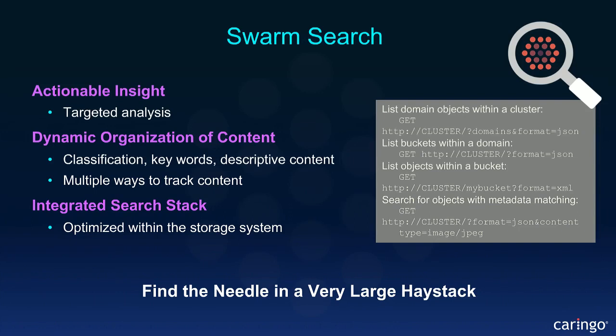If your cluster has a certain subset of domains, then that will be the indexed subset as well. So the integration takes place directly. As soon as the objects come in, the content is indexed, and then when searches or requests, say for domains within a cluster, or buckets within a domain, or objects within a bucket come in, those requests are actually serviced by the Elastic Stack as well, although they can be proxied through, and by default are proxied by the Swarm